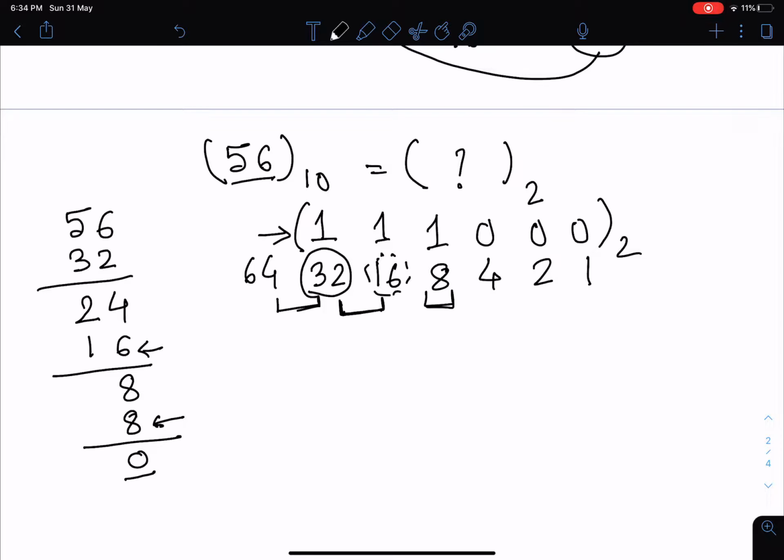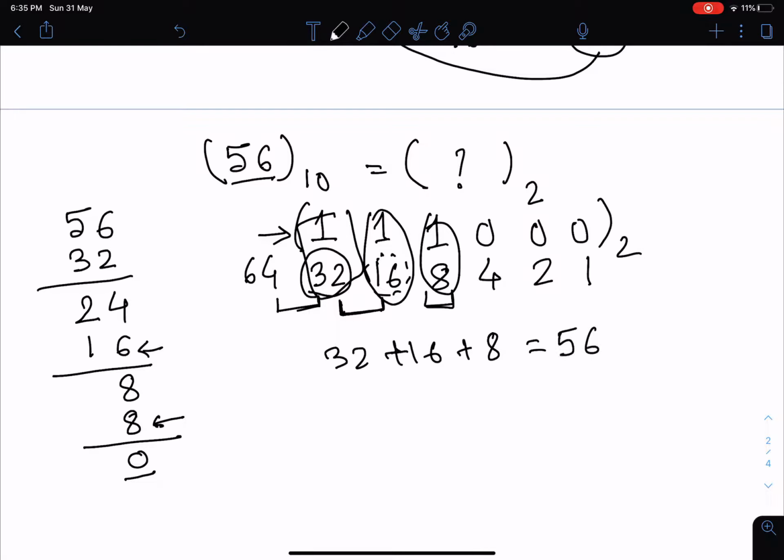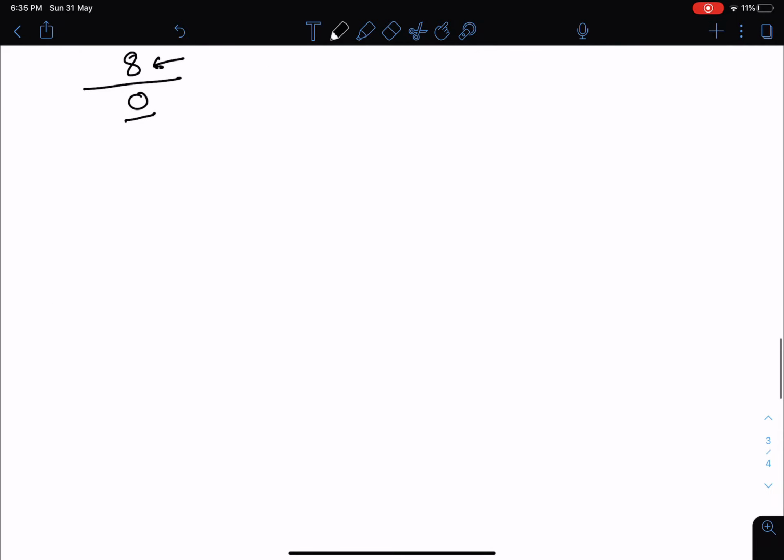We can check it also: 32, then 16, then 8. If we add them up, it again comes to 56, which was our given number in decimal. We can also try it with a much larger number, like